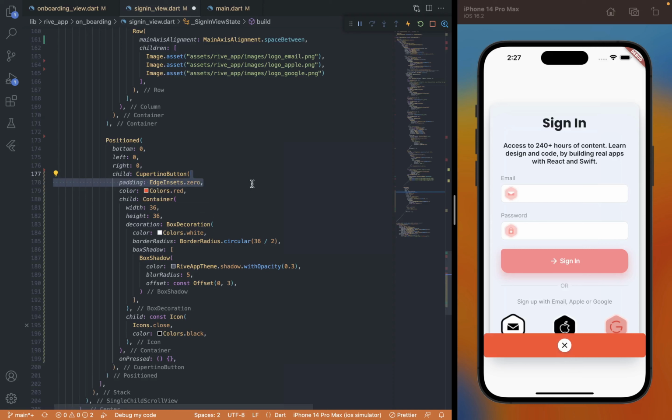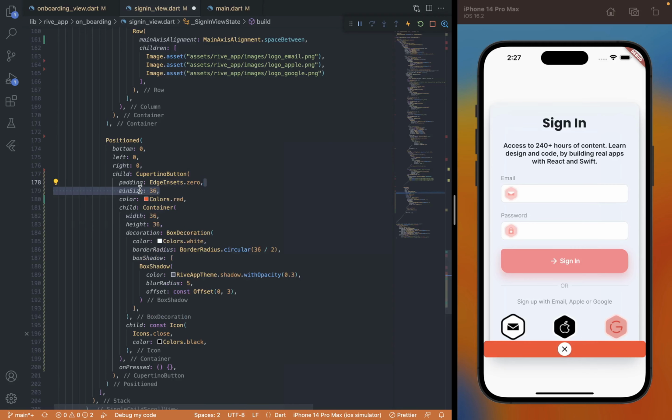So first, we're going to remove the padding by setting it to 0, and it is removed. Next, as you can see, it still has some spacing after the button, so we have to set the min size to 36. That is the same as the width and height that we provided to the button. So that is also removed, and if you see, when we click on it, it is expanding to the whole